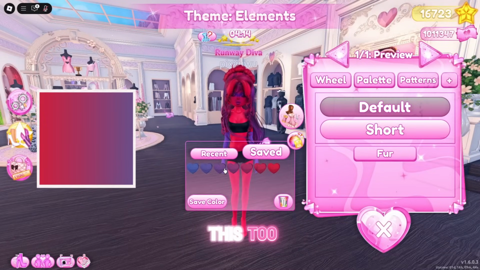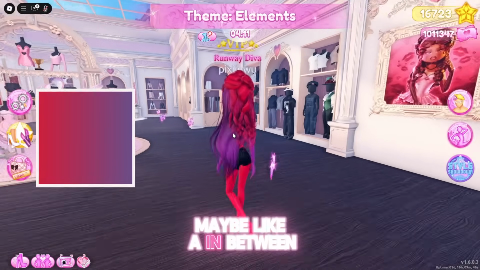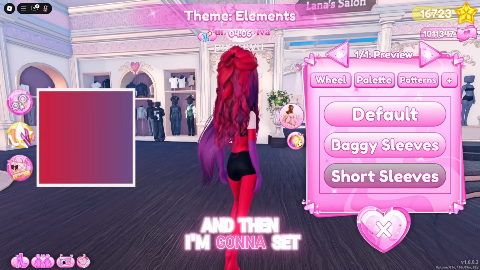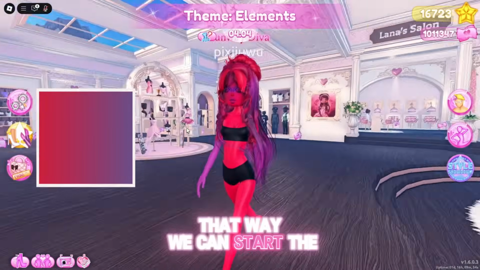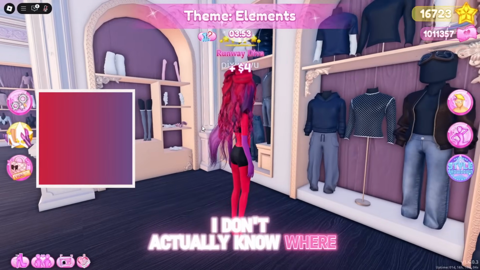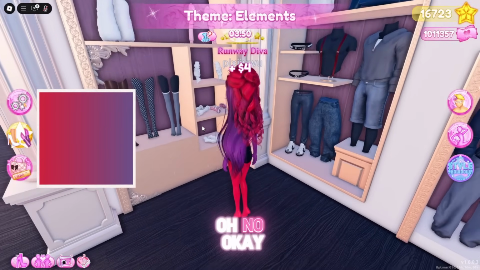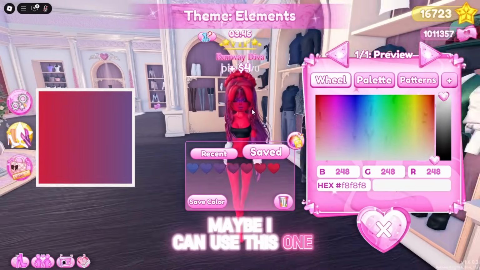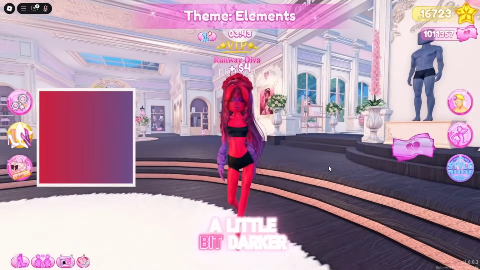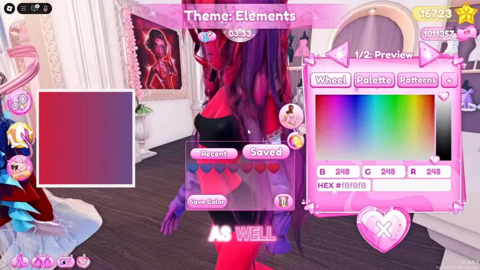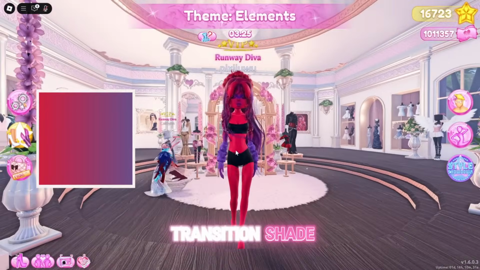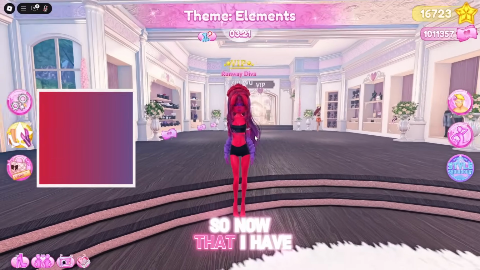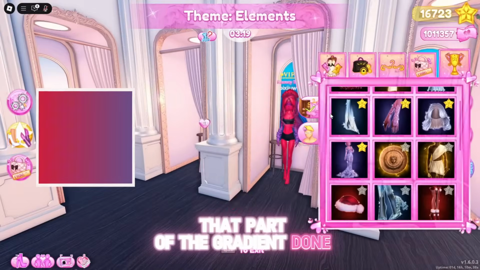I'm gonna set this to maybe like an in-between purple color. And then I'm gonna set this to short sleeves. That way we can start the blending gradient. I don't actually know where the other sleeves went. Oh no. Okay, maybe I can use this one and just make it a little bit darker. And I can add this as well. And this can work as our transition shade. That looks really good. So now that I have that part of the gradient done, let's move on to the